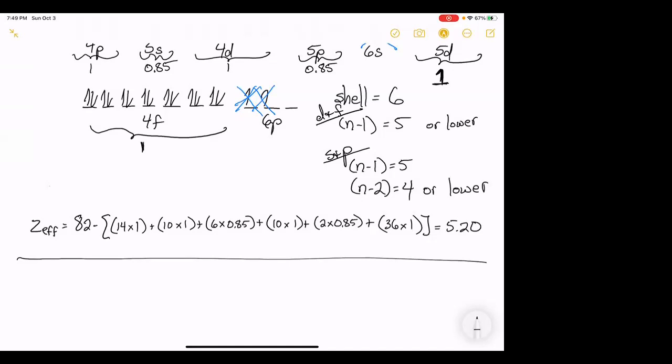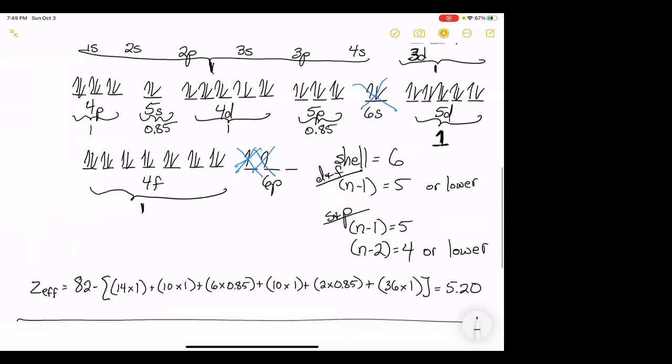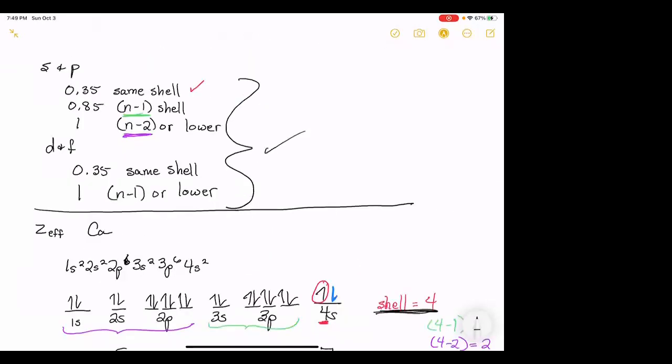I can't see faces, so okay, the 4F, why would it be 1? Because of the definitions up here for DNF, only if it's in the exact same shell is it 0.35. If it's anything below the original shell, so N-1 or lower, it's a 1. So since our shell was 6,